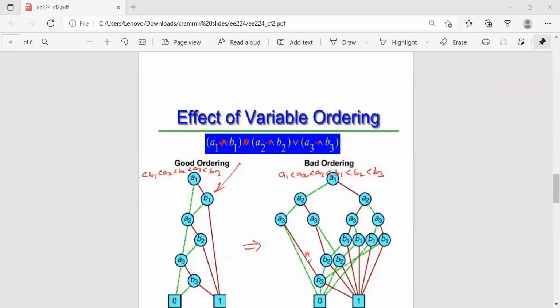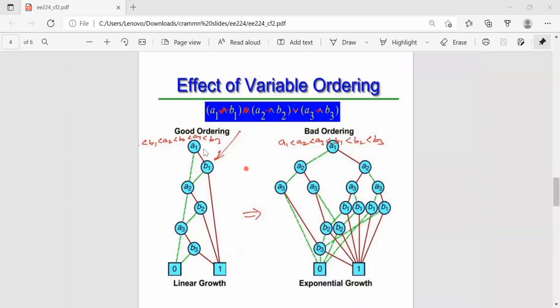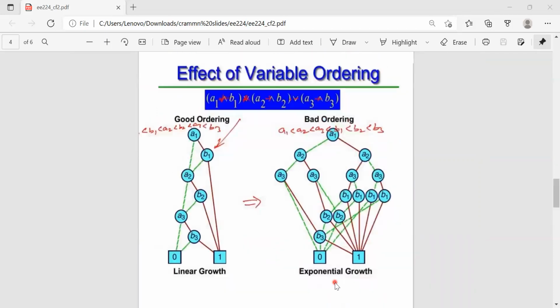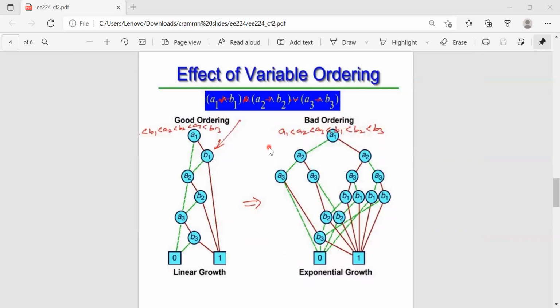In BDDs, how does the ordering of the variables affect the size of the BDD? For different orders, there are different BDDs. For this order, this is the BDD, and for this order, this is the BDD. This is a very good ordering because the BDD has fewer nodes and is very simple. And this is a bad ordering because there are many nodes and the structure of this BDD is very complex. We can find a good ordering by exchanging each variable and finding the BDDs.